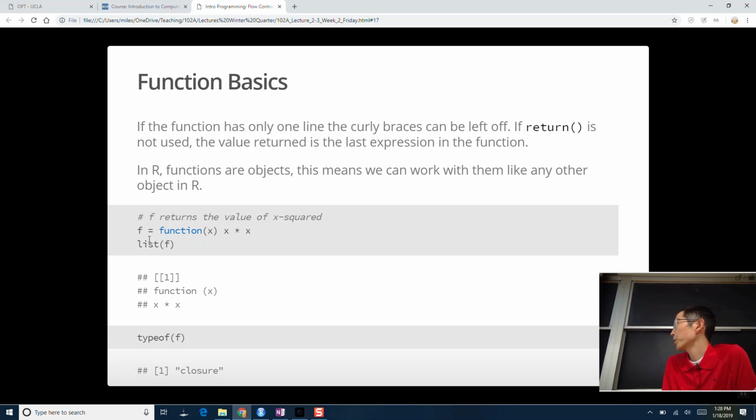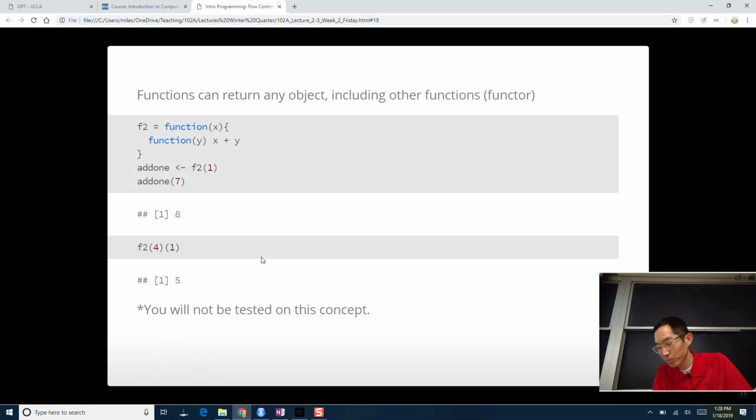Here I've created a function f, and functions are just objects. So you can throw a function into some other thing like a list, okay? And the list will store the function, okay? If you ask the type of on a function, it will say it's a closure, which is a little bit strange, but functions are just objects, and don't worry about this slide, but you can have,